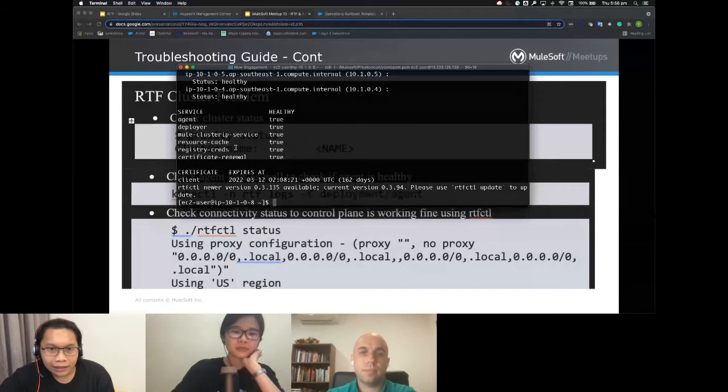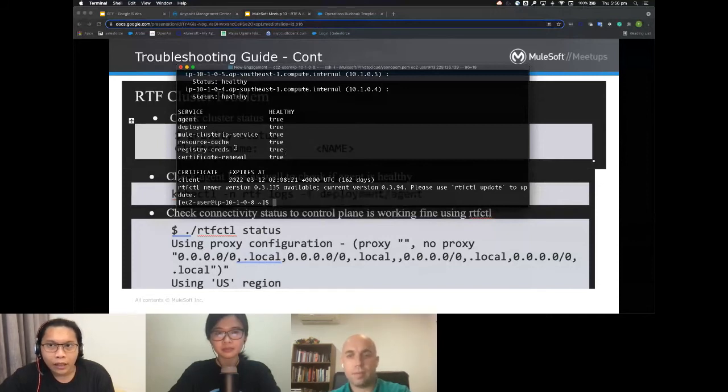That is another check you need to do when you get a faulty cluster. All these steps are supposed to be included in a runbook, which should be handy for the L1 and L2 support of the RTF.